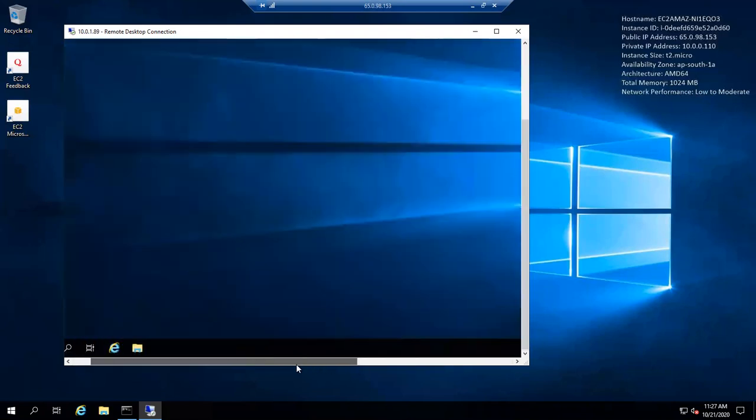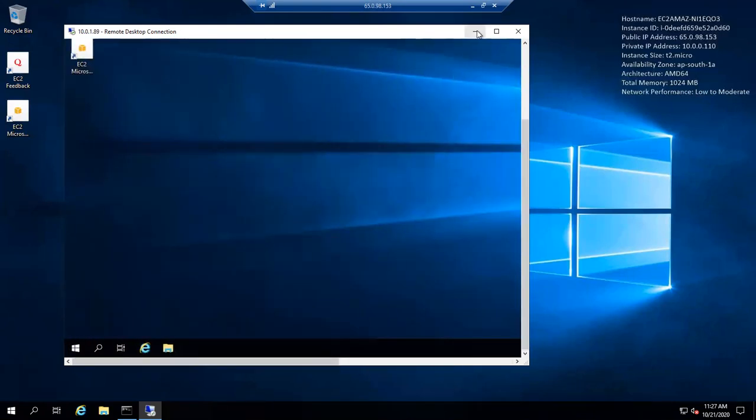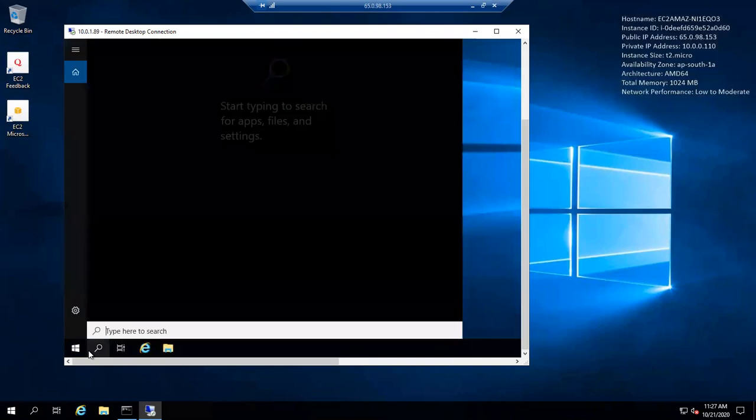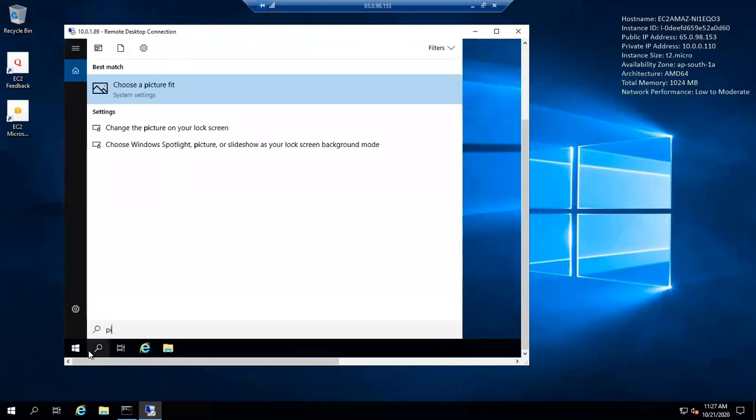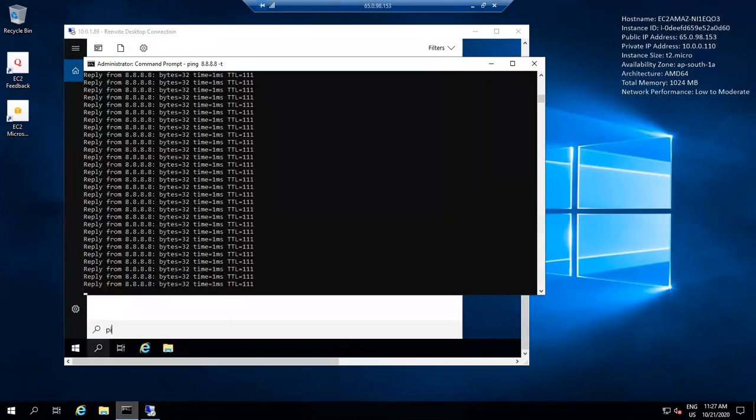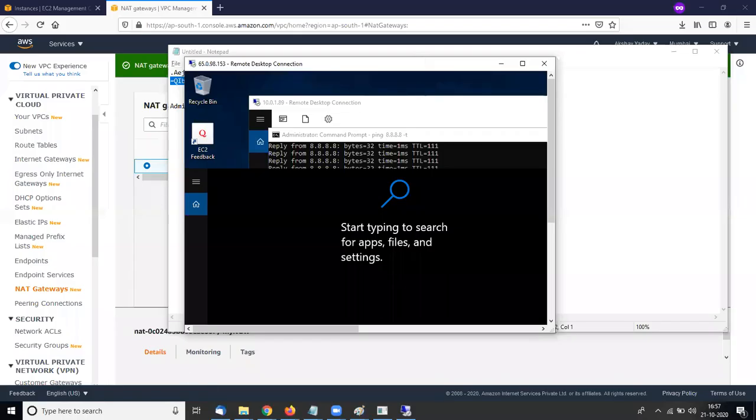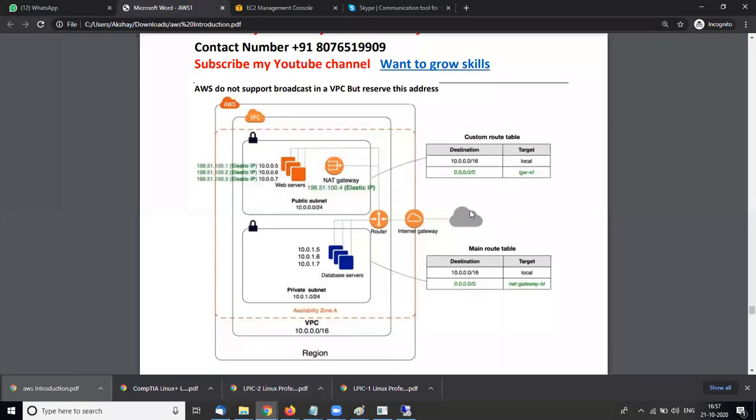If I use the NAT gateway, then I can connect to my private instance. I am just opening Chrome. Let me explain. If any traffic comes into your network, say I have redirected this server for your website, so people can hit this server.